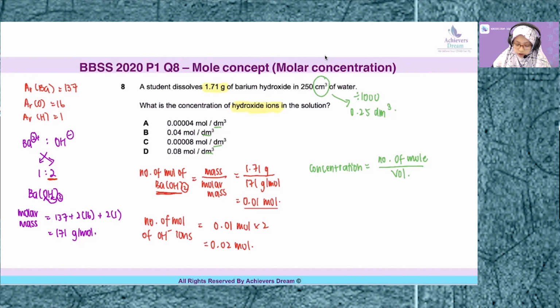My concentration, to be more specific, of hydroxide ions, will be the number of mole of hydroxide ion, 0.02 mole, divided by 0.25 dm cube. The answer that we will obtain is 0.08 mole per dm cube. Hence, your answer is